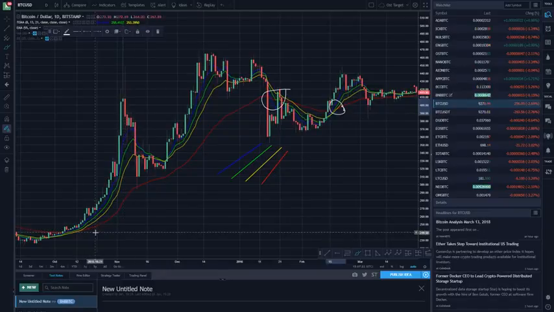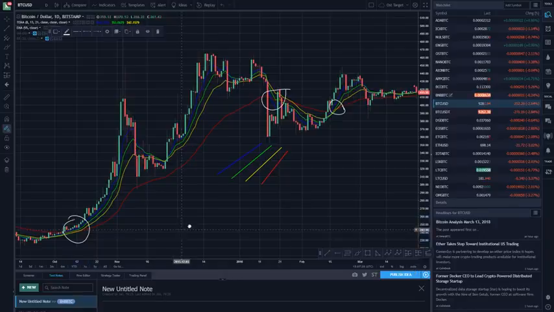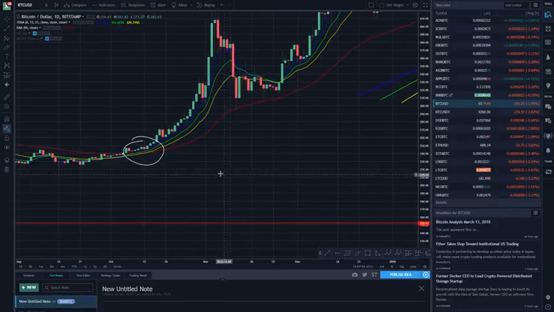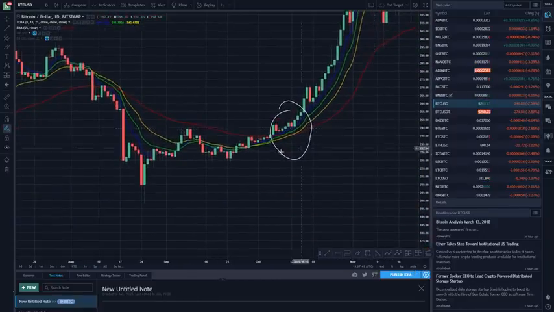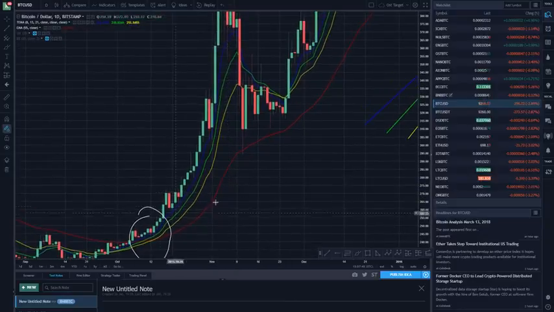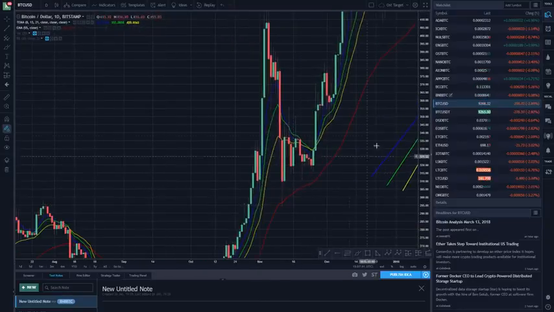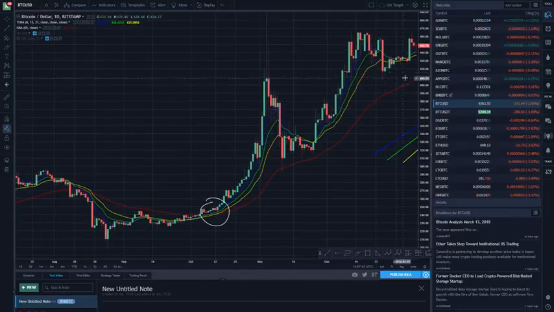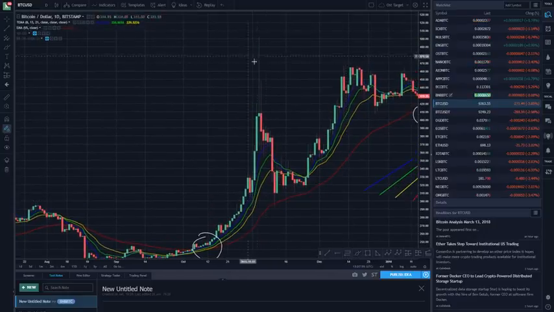But let's use an example. Let's say you entered a trade here, right? Let's drag this over. You enter the trade right here. I'm going to magnify it as best as I can. You see a fanning out of the prices. You enter the trade right here, and you stay in the trade, and look, watch this. The value went all the way up to here, all the way up to here, and